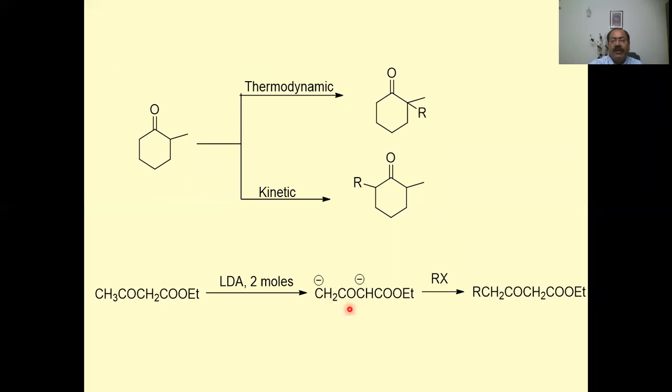Now, if it is treated with RX, the reaction is possible at both, but we could control reaction conditions to get alkylation at the harder end. If we use a halide in which X is harder, that is chloride. If we use R iodide, we will end up with a mixture of both products. But if we use RCl, we will get this as the major product. So within the same molecule also, hard versus soft, one could change reaction conditions to get the desired products.